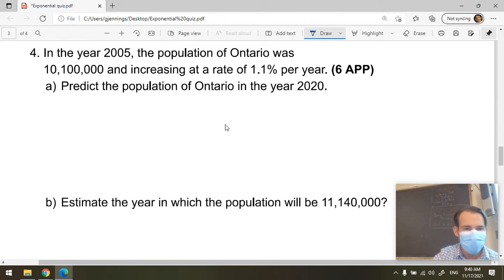All right, here we go. So predict the population. The first thing I need to do is create a function. Population is a function of time. If some people said amount is a function of time, no problem. You can use whatever letter you want, even a Greek letter, but I'm going to use letter P, because it's population. P is equal to the initial value,